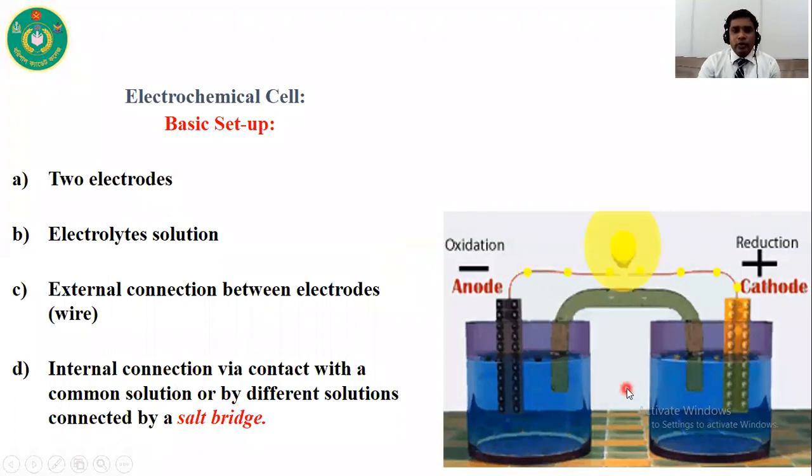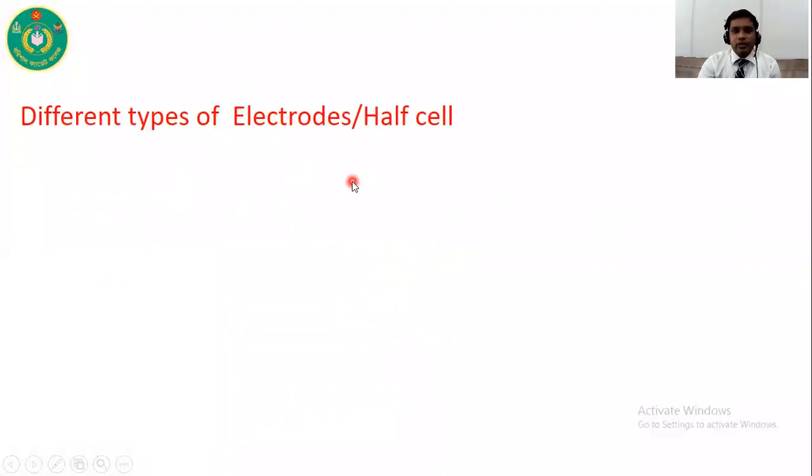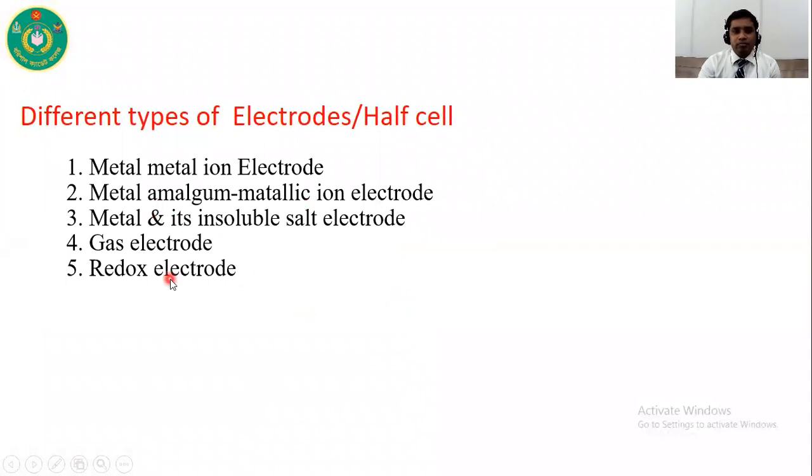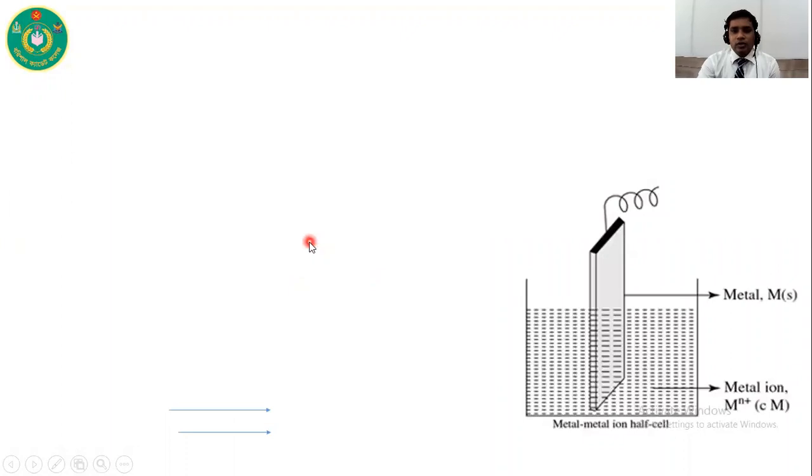So today I am going to discuss electrodes. So, different types of electrodes. This is also known as half cell. So there are 5 types of electrodes or half cells. First one is metal ion electrode or half cell, then metal amalgam metallic ion electrode, metal and its insoluble salt electrode, gas electrode, and the last one is redox electrode. So first one,